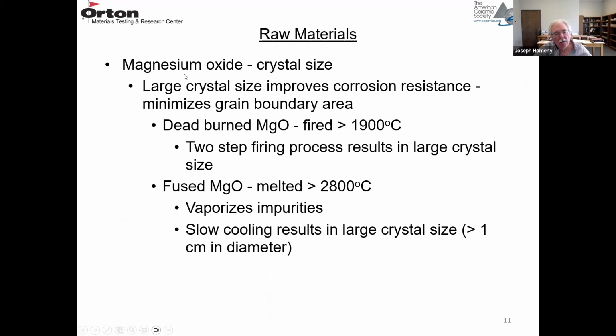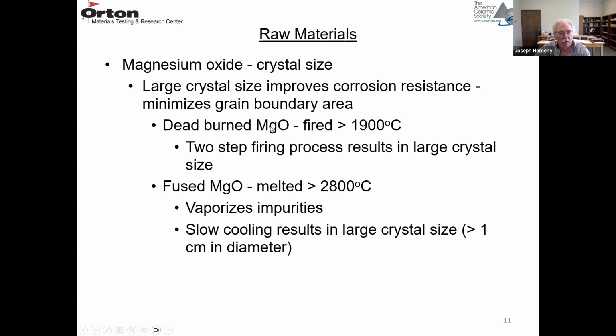So during the dead burning process or the fusion process, you're going to increase the crystal size. So the larger the crystal size, the better the corrosion resistance. So the bigger the crystals, the smaller the amount of the grain boundary area. So grain boundaries are where the impurities are concentrated. And when it comes to corrosion, that's the area that's attacked first. So if you eliminate the grain boundary area or try to minimize it, that is going to improve the corrosion